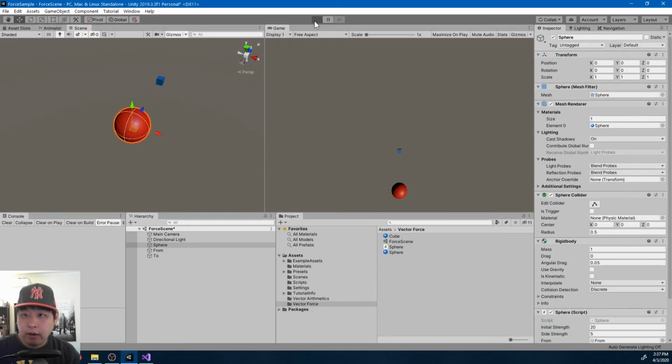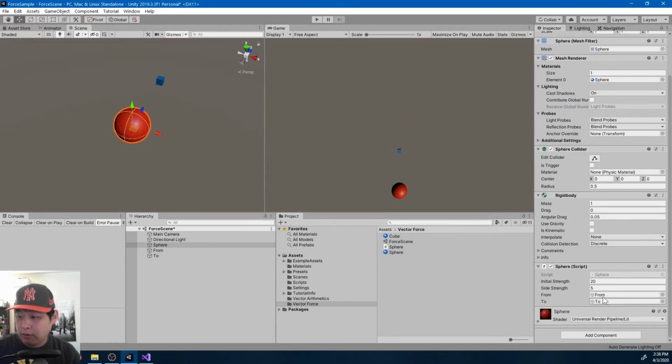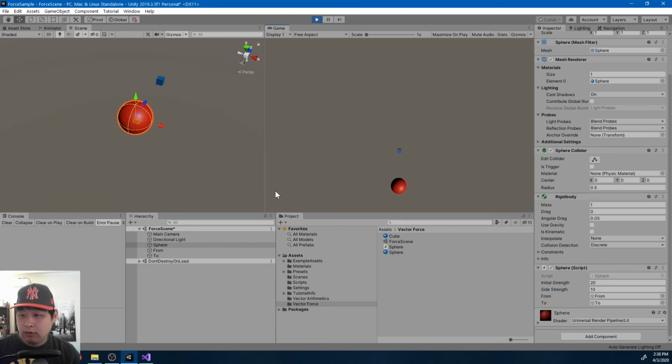Okay, so if I play, we're going straight. I'm going to hold down left. Okay, the ball's going left. I'm going to hold down right. Slowly, we're going to change the initial vector to the right side. Okay, I think the force might be a little too small to notice. Let me double it. Okay, so I'm pressing left and right